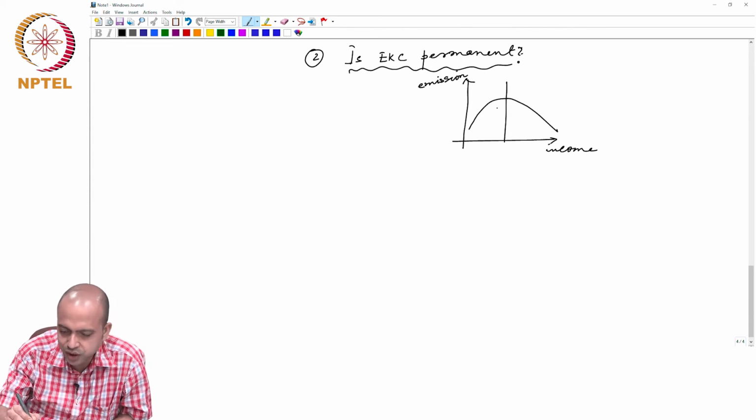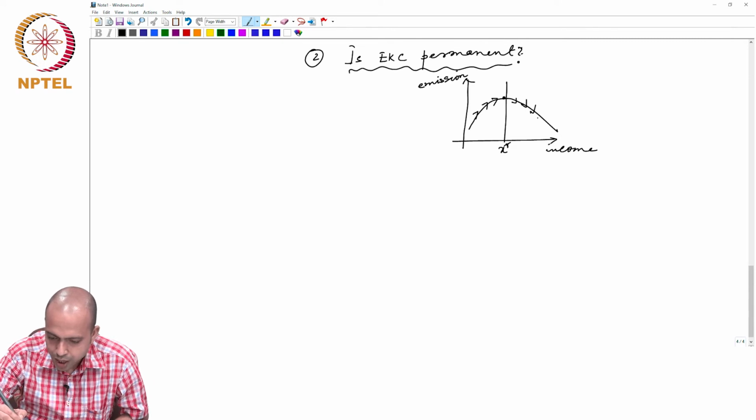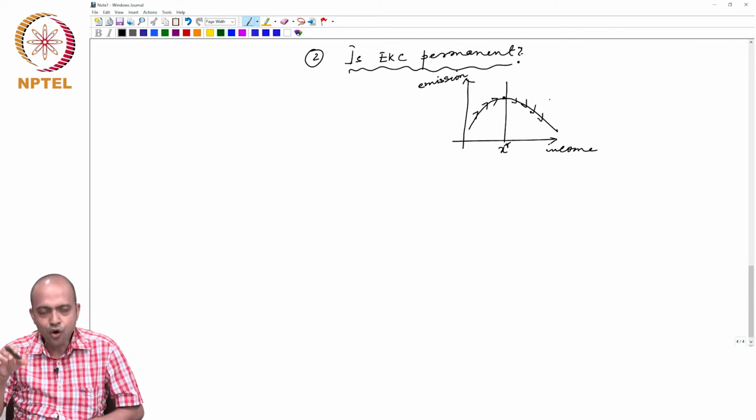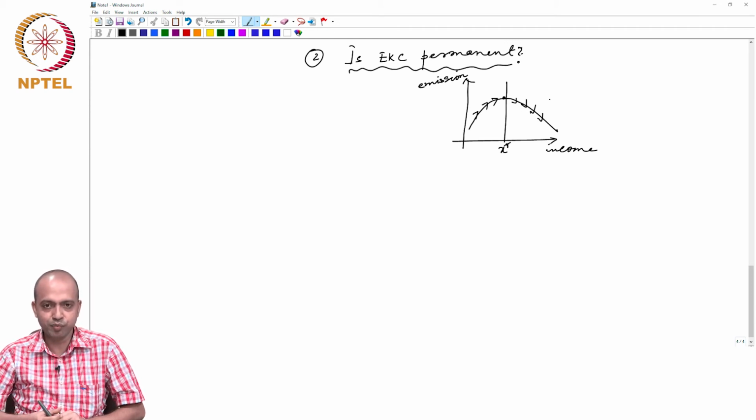So, it will increase only up to x star, up to this level, and then it will come down. That means there would be a decline in emission per capita,